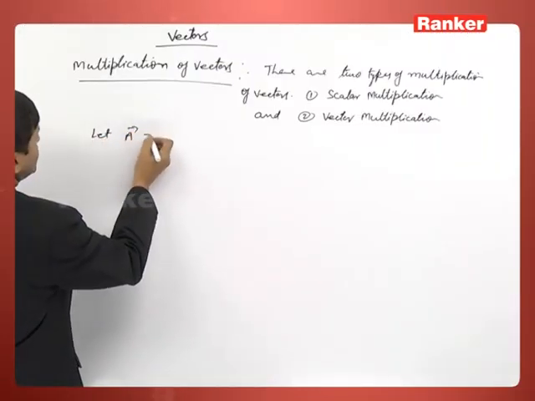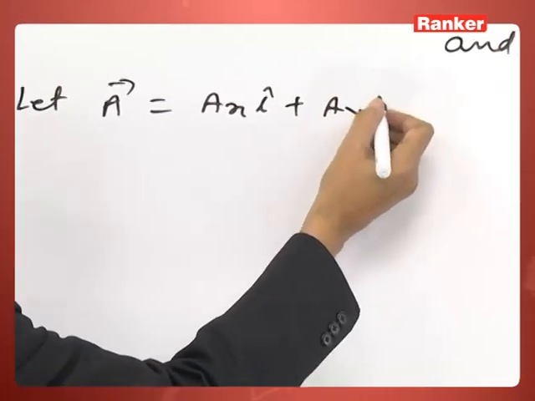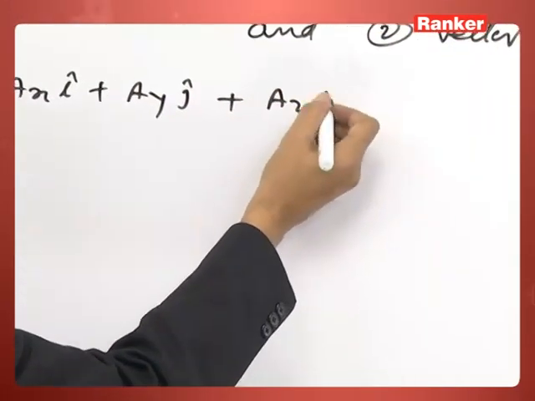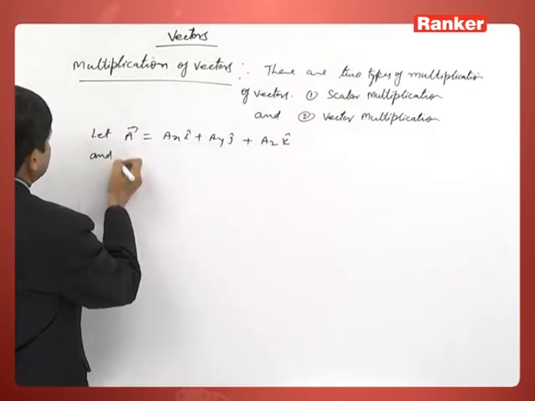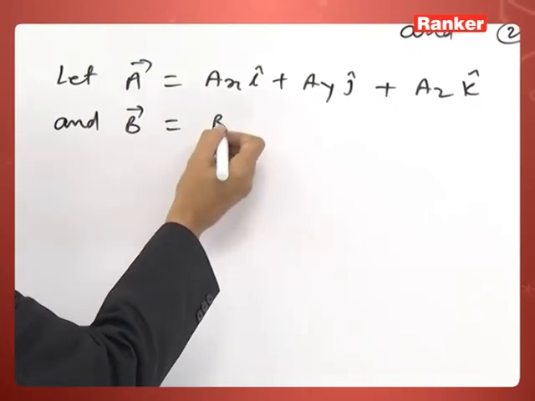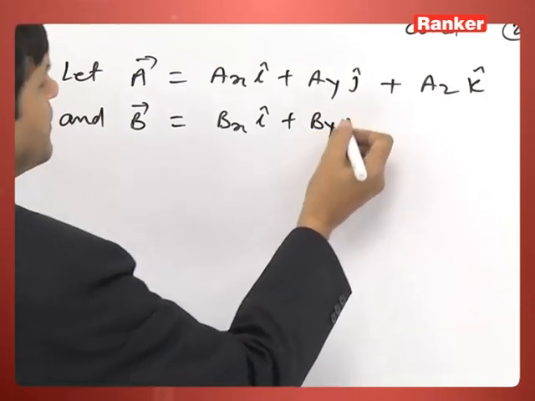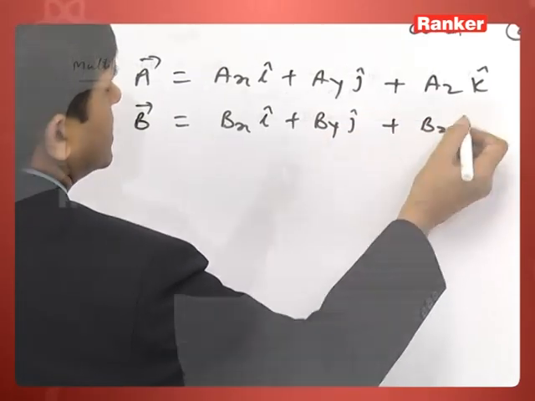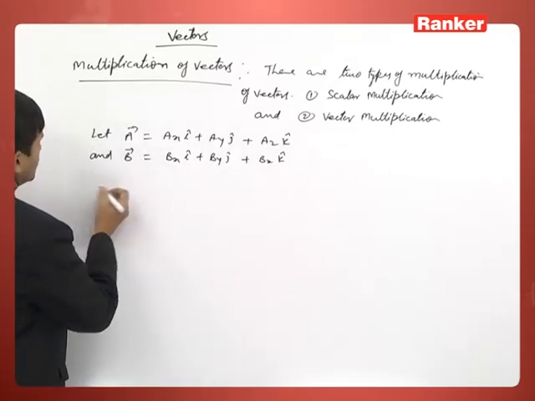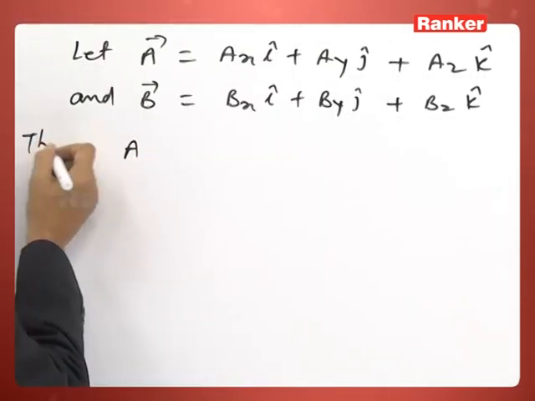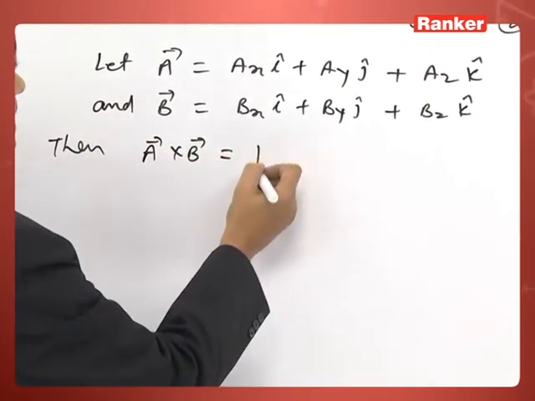Let vector A be ax i cap plus ay j cap plus az k cap, and vector B is given as bx i cap plus by j cap plus bz k cap. And if we want to make the cross product, then A cross B can be written like this: